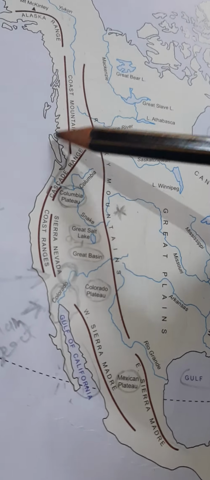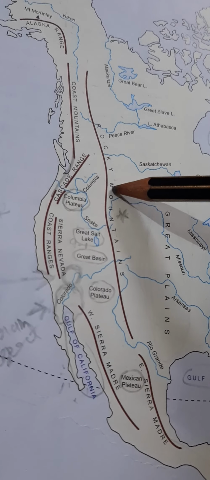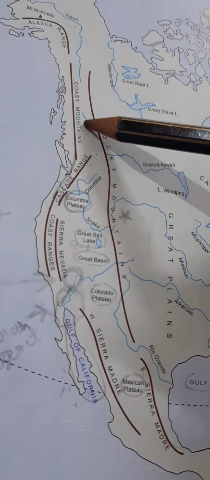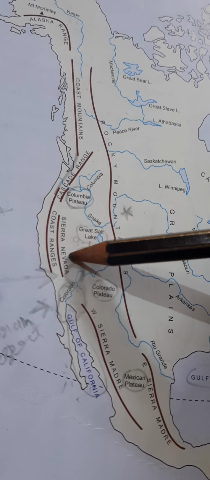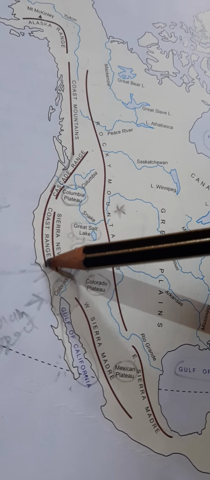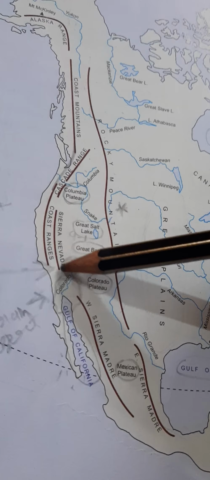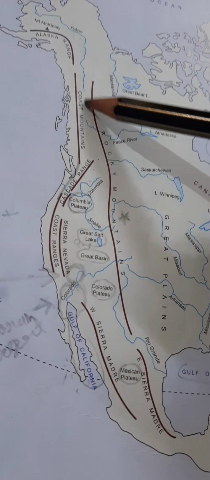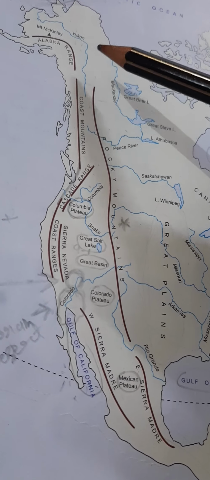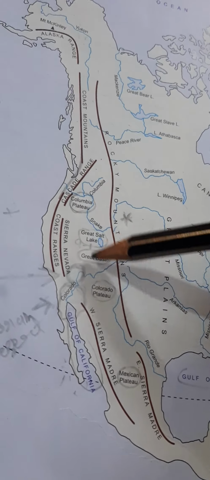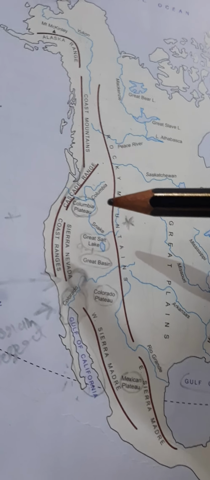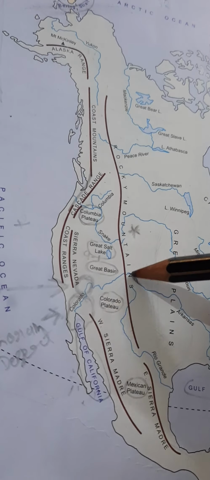On the easternmost part of the Western Cordillera we have the Rocky Mountains. From north to south we have many mountain ranges. In the north, the Alaska Range, then the Coast Range, then the Cascade Range, then the Coast Ranges, Sierra Nevada and Sierra Madre. So these are the mountain ranges which we have. The Coast Range is this, the Sierra Nevada is this, and the Sierra Madre is this. They are in a chain, but they are broken in between. So they are in a kind of chain, one after other.